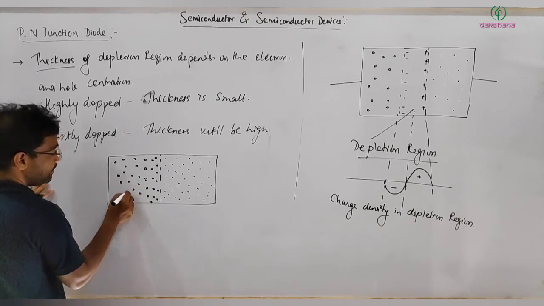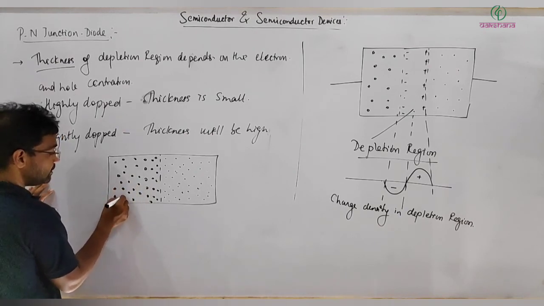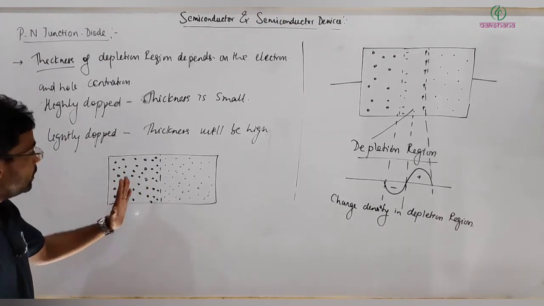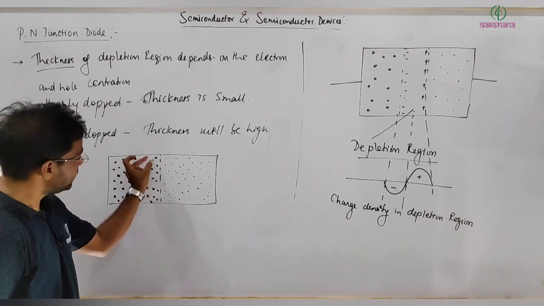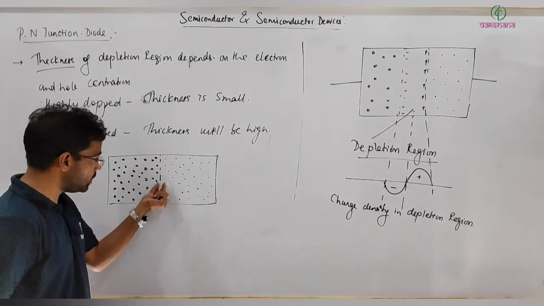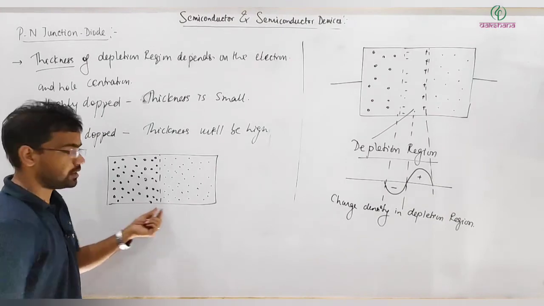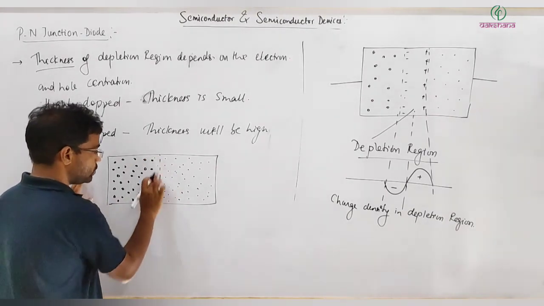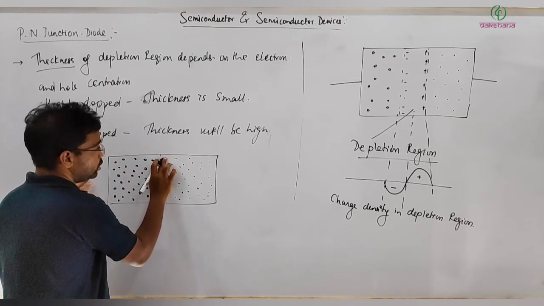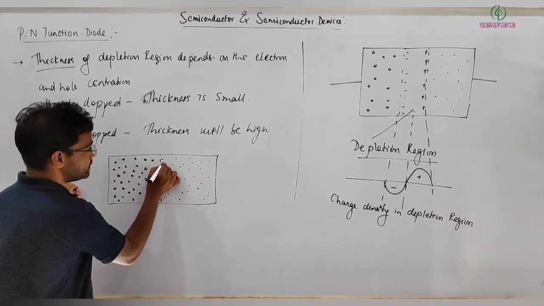So now what is happening when this depletion or this flow or diffusion stops? These will diffuse to this side. Here they have a sufficiently large number of holes, and in a small region here there is a large number of electrons. They will diffuse to the other side, right? This way holes will arise, so here some positive charge will arise,